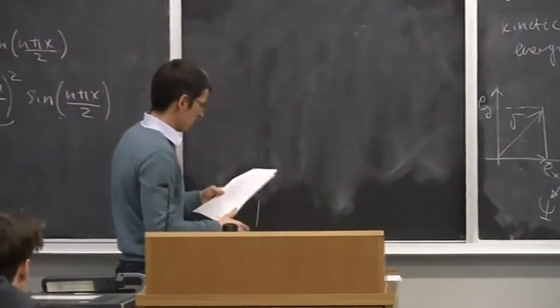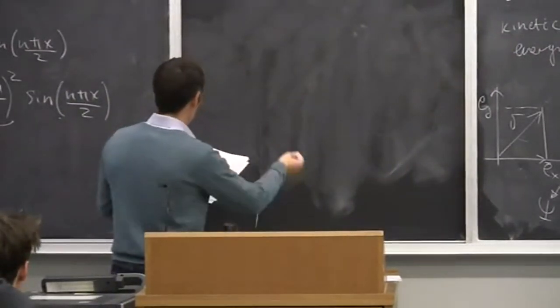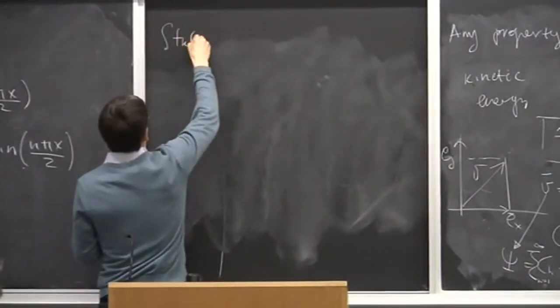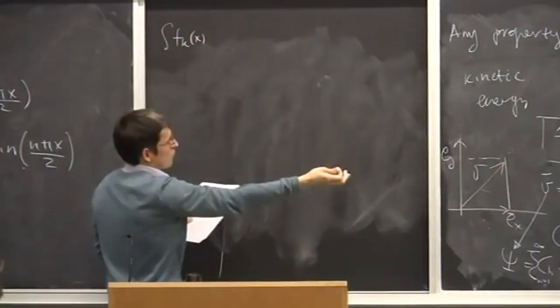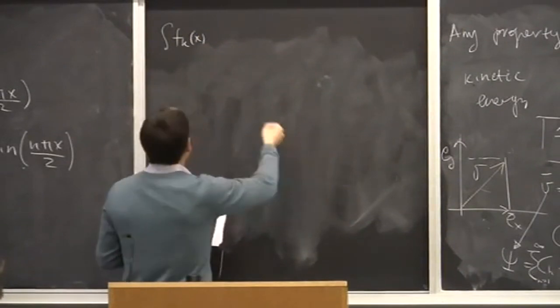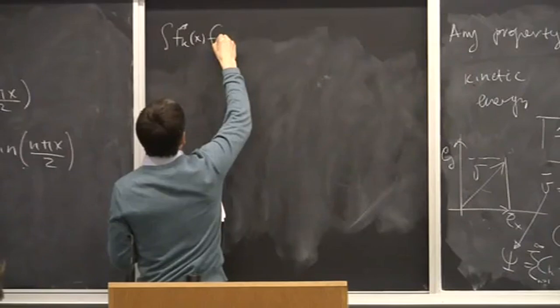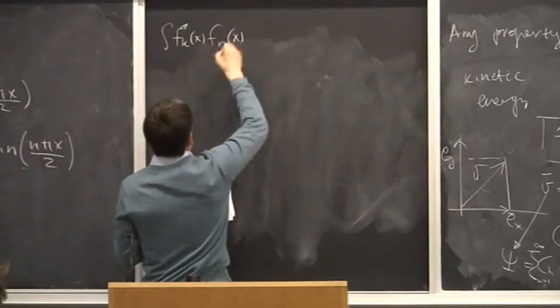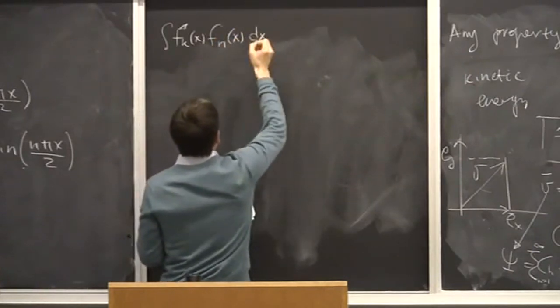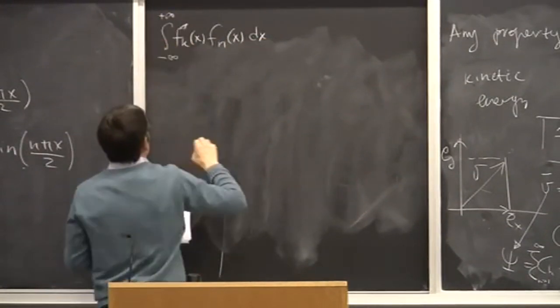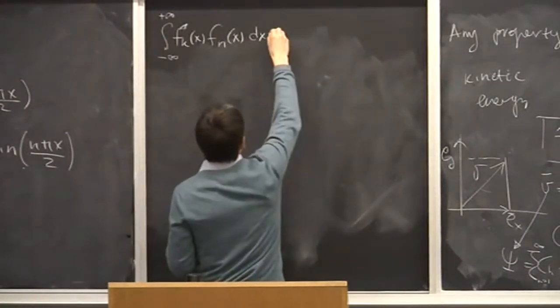How do we do that? Well, we know the function, right? So this integral of fk, and they're real, so the stars are not important for now, right? These stars are important only for functions that have complex parts. So what we want to show is that functions are orthonormal.